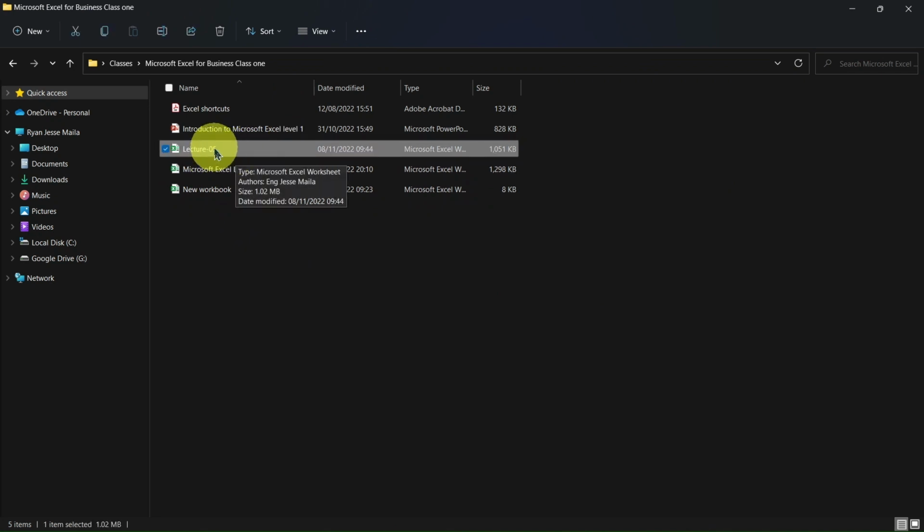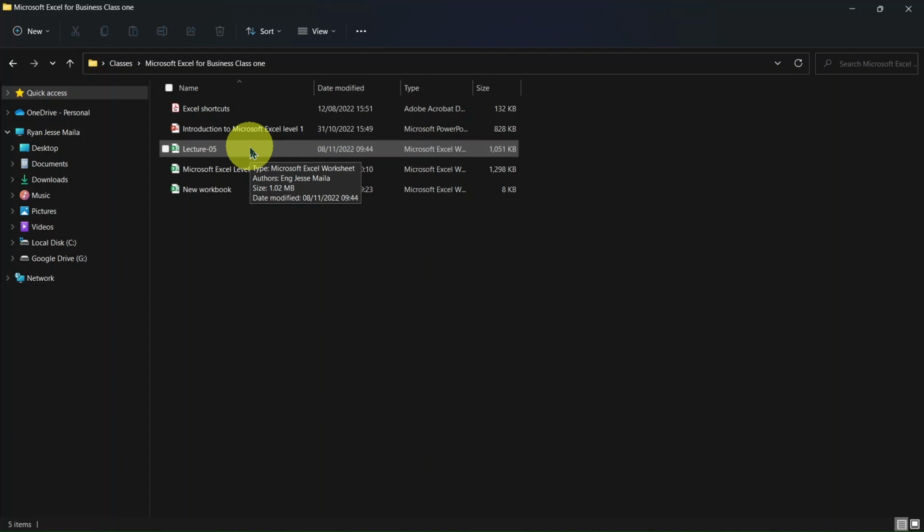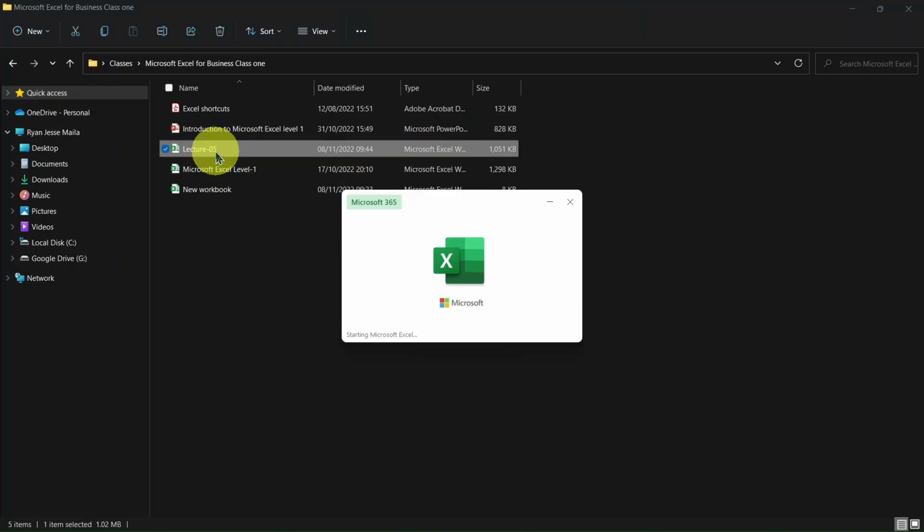So how to open this? I could right click and say open, or open with Excel, one and the same thing, or I could double click. It's basically the same with the way you open other files. Could be video, could be audio, or anything. And this course is on Excel, not how to use a computer. If you have challenges with that, refer to my introductory course on computers. So I would double click in this case to open,